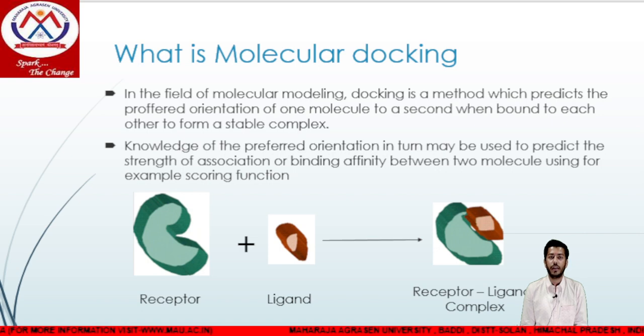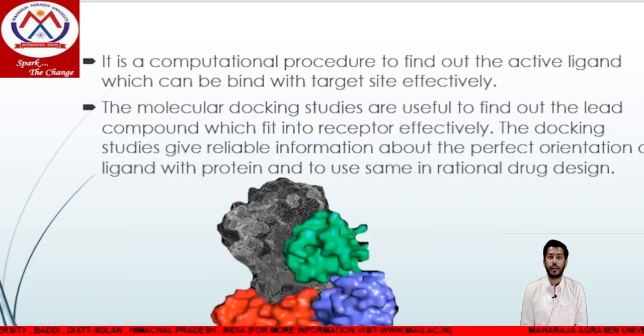So here we are going to discuss that there is a receptor and there is a ligand. When the ligand binds with the receptor, or the receptor binds with the ligand, there is a formation of a complex, that is the receptor-ligand complex, and that will produce drug action. Then the drug will act on your body. Then it is a computational procedure to find the active ligand site. It is also a target-based